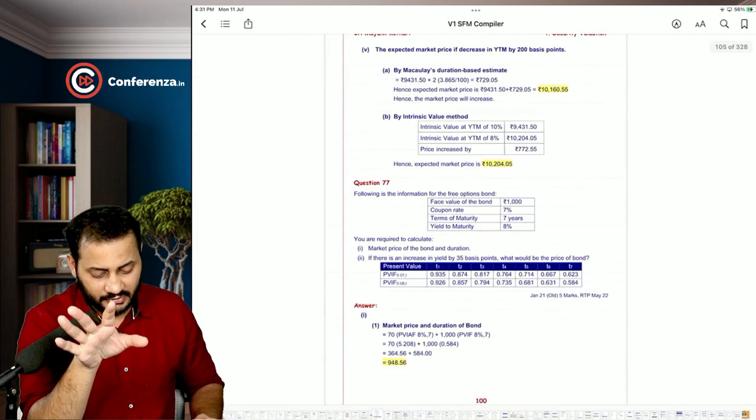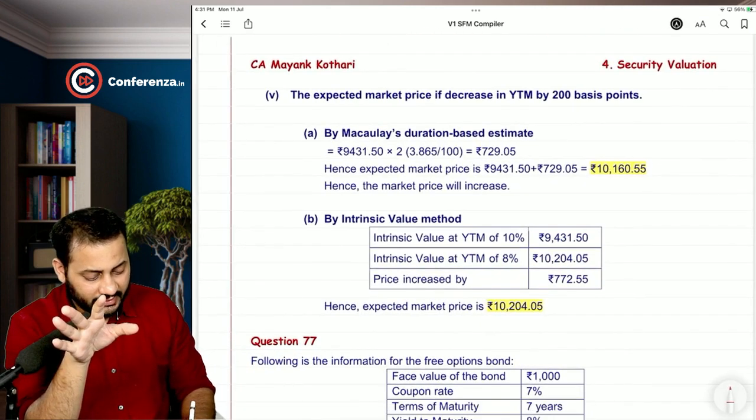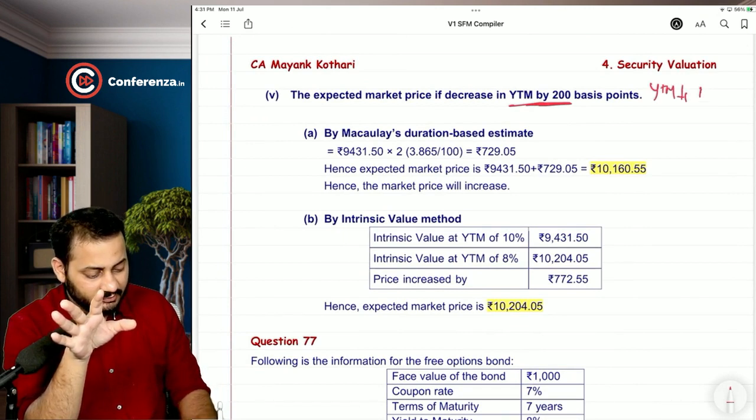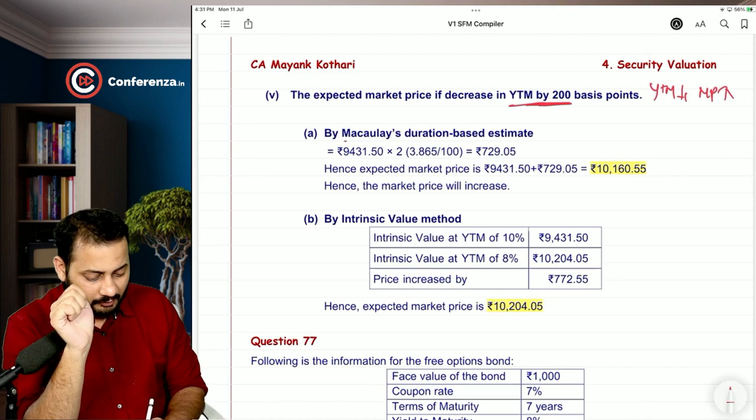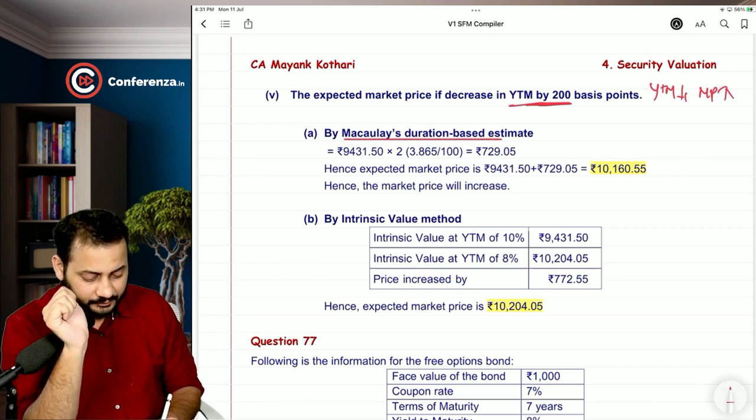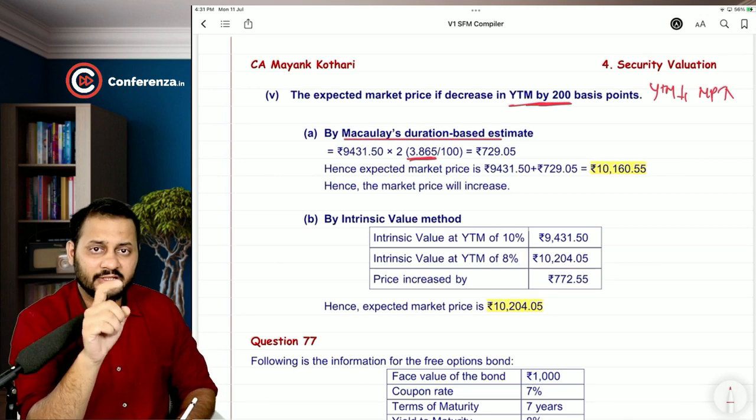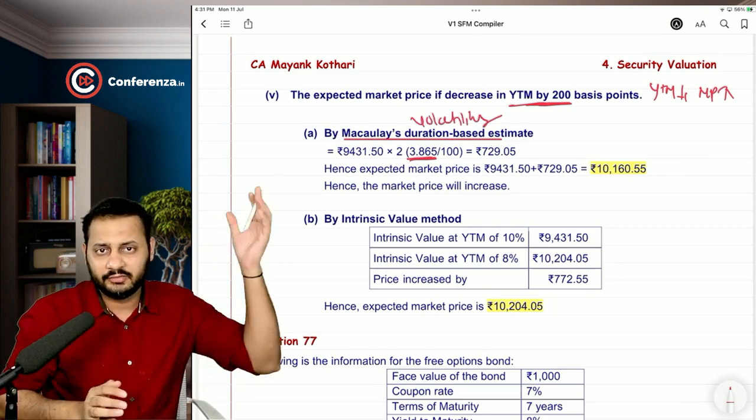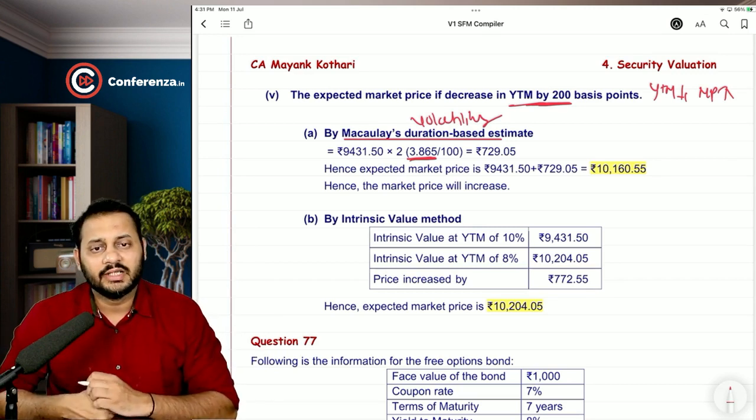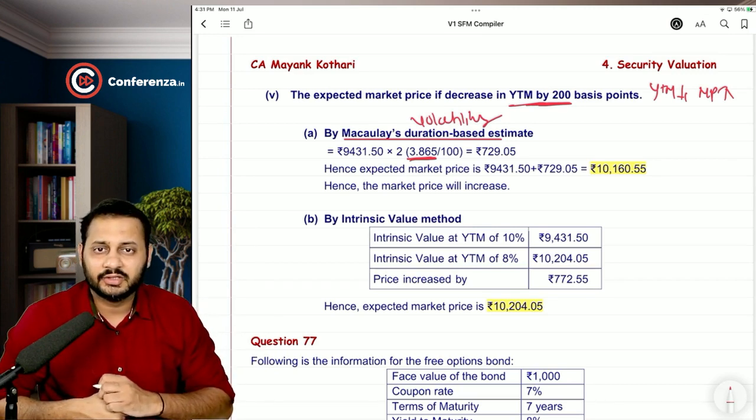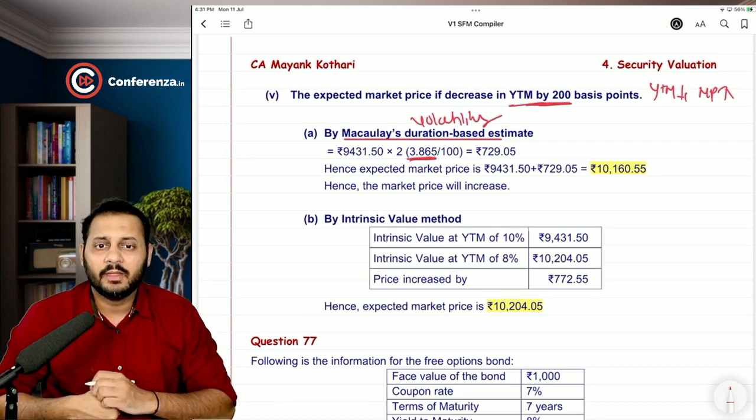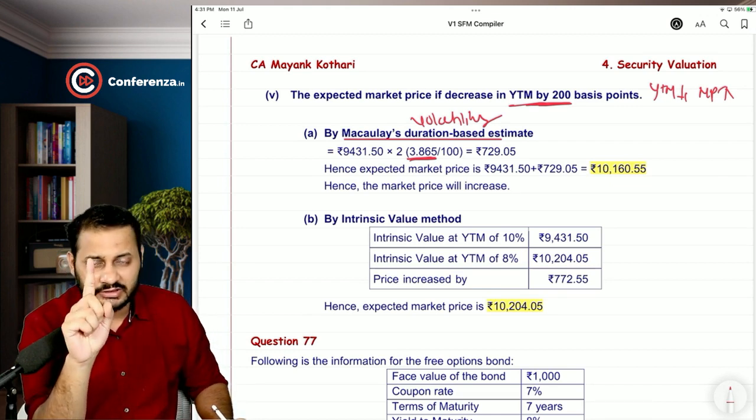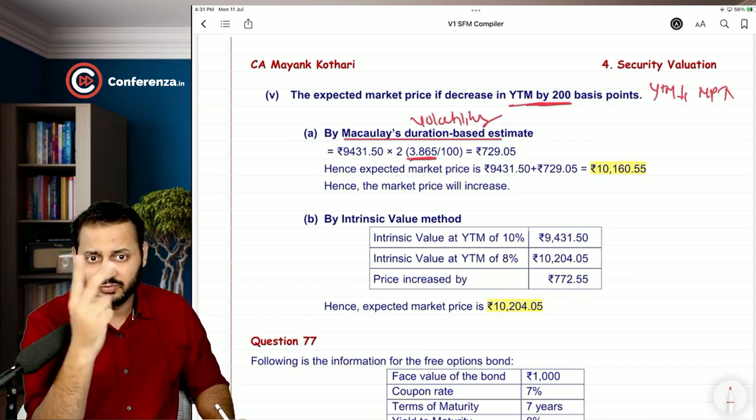Did you understand this? Now, expected market price if YTM decreases by 200 basis points. See, if YTM is decreasing, market price will increase. Macaulay's duration based estimate says 3.865% volatility. It means volatility, because volatility is calculated with the Macaulay's duration only, right? So they are asking us to calculate the change in the market price according to the volatility method. So 3.865% is the change in the market price for 1% YTM. For 2% YTM,